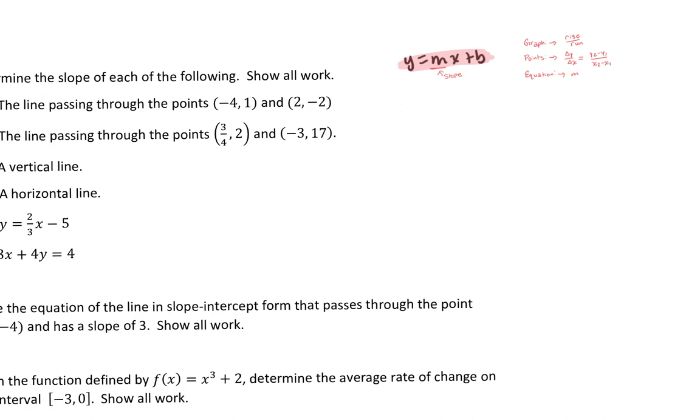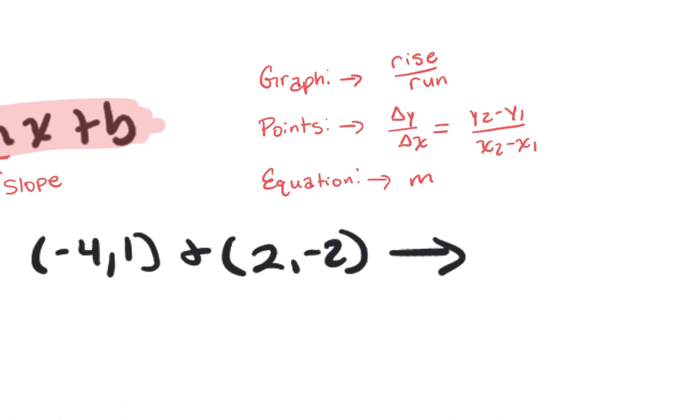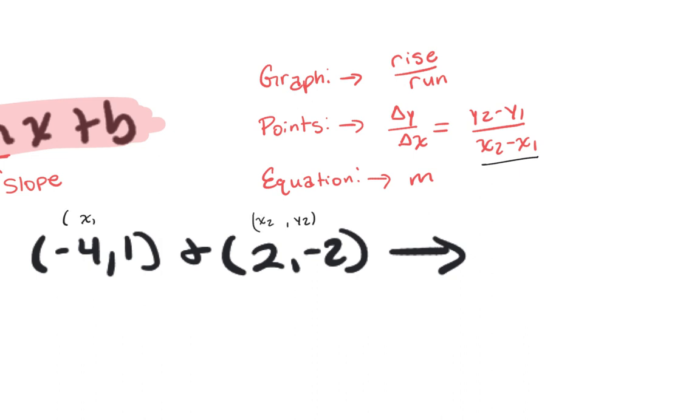Okay, so if we have our points (-4, 1) and (2, -2), and we plot into this right here, I'll call these our x2, y2, and I'll call these our x1,